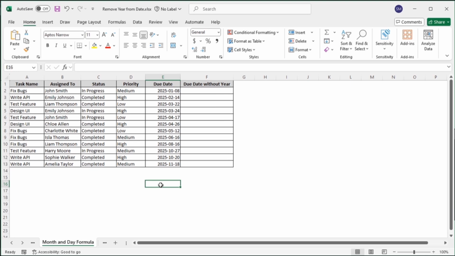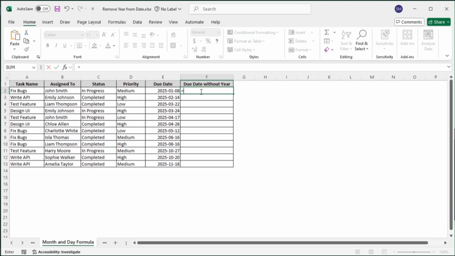The next method is the month and day formula. Here, we will use the month and the day function. So the month function takes the month value as input and the day function takes the day as input from the date. And then it altogether returns the date without the year. To use this, go to cell F2 and type equals month, select cell E2, close the bracket,